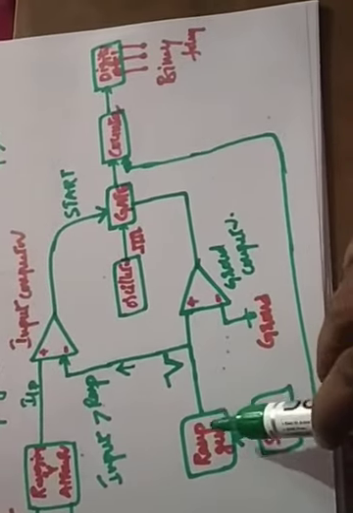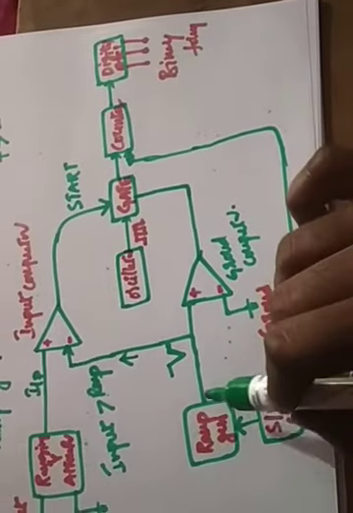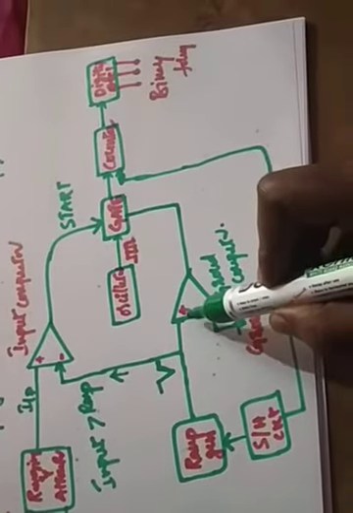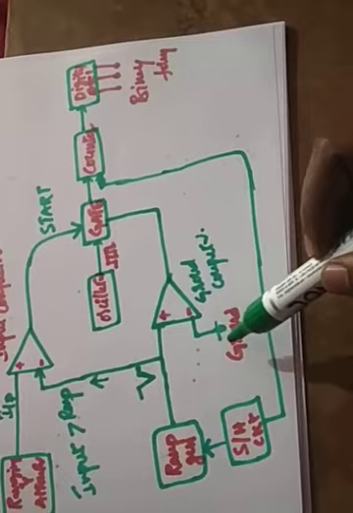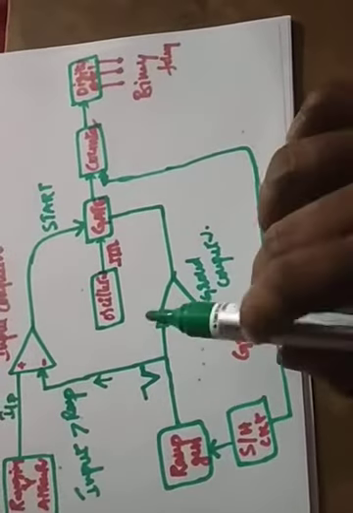So up to what time will the gate be open? That's our aim, right? It depends on the input signal. Up to what time is your gate open? We have a ground comparator. So what is the function of a ground comparator? The same ramp input is also applied to the ground comparator. One end, the positive, is connected to the ramp input, and the negative is connected to the ground value. You know about how this comparator will work.